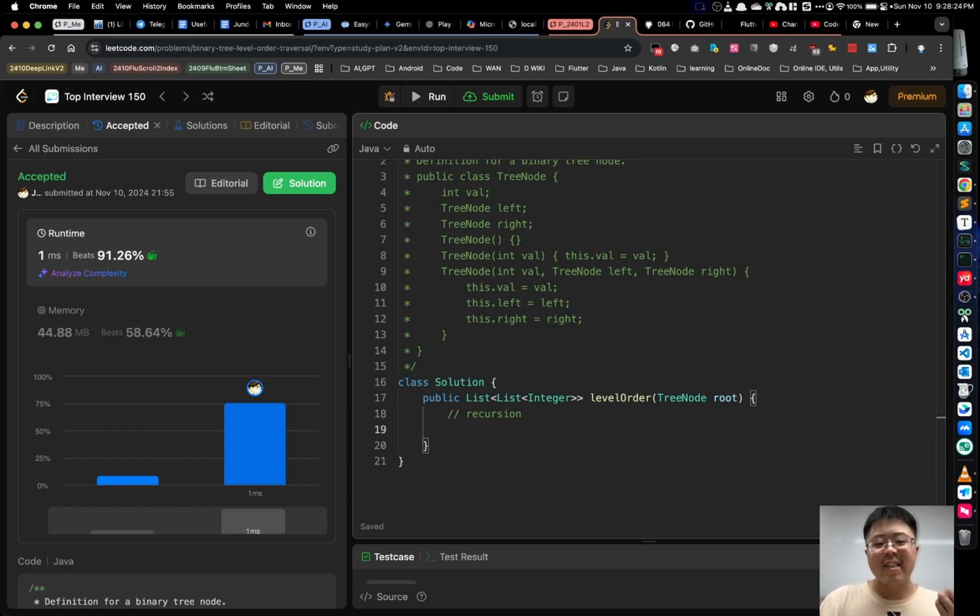And then let's get started with the code to achieve the problem. First, we still have to create a result list, and the type is list of integer. Let's call it list. We assign a new array list instance into the variable,